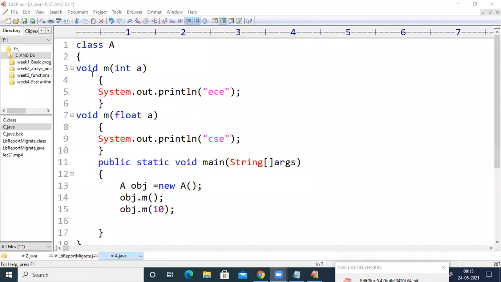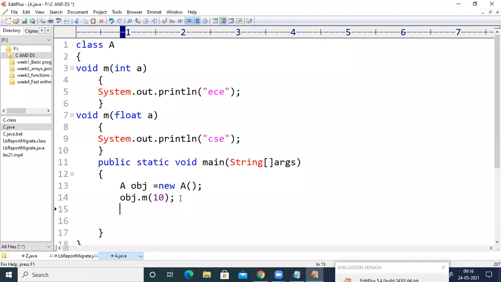Now if we want to execute the method m of int a, we have to pass obj.m of some integer value. And if we want to execute the method m of float a, we have to pass some floating point value. That is, instead of 1, 2, we have to pass 1 point something or 2 point something, etc. If I want to print ECE in the first line of the output, I can simply pass obj.m of some integer value.